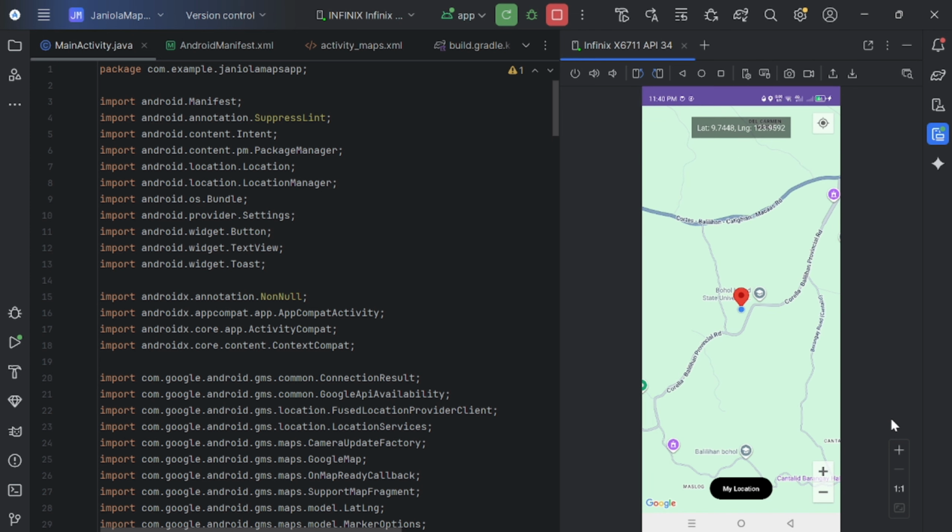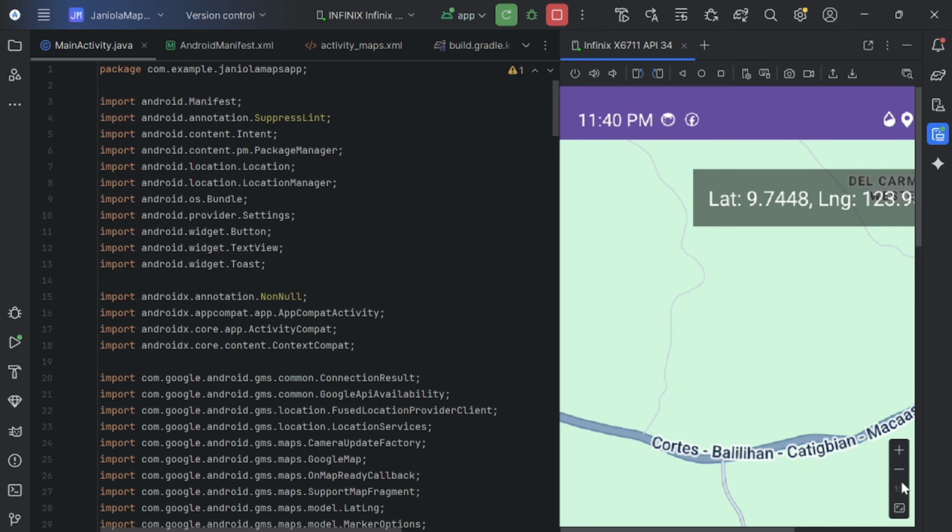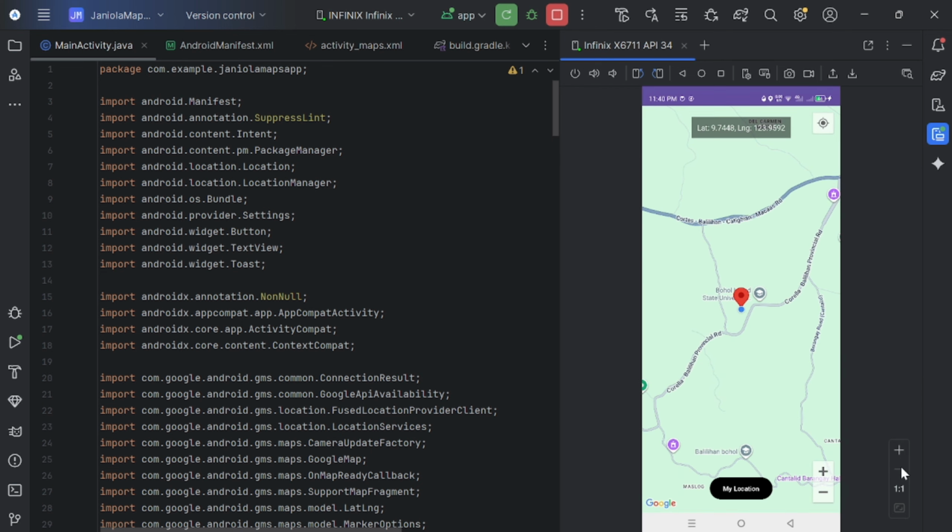Of course, you can zoom in or out on a map, you can pan around the map, and of course, you can click on markers to see the title. See? So, this is my current location. The title is You Are Here.